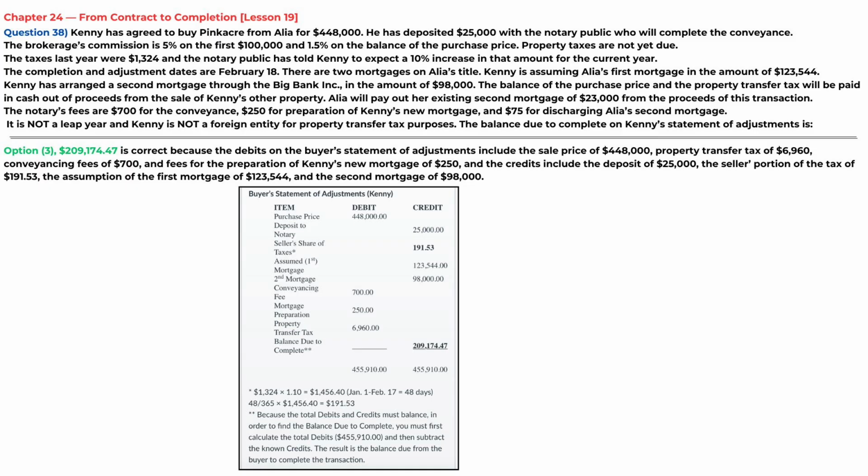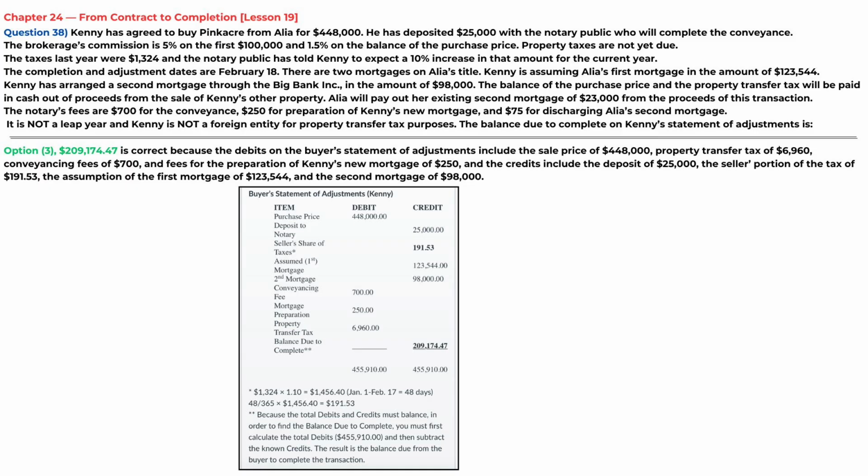$1,324 times 1.10 equals 1,456.40. January 1st to February 17 equals 48 days. 48 divided by 365 times 1,456.40 equals $191.53. Because the total debits and credits must balance, in order to find the balance due to complete, you must